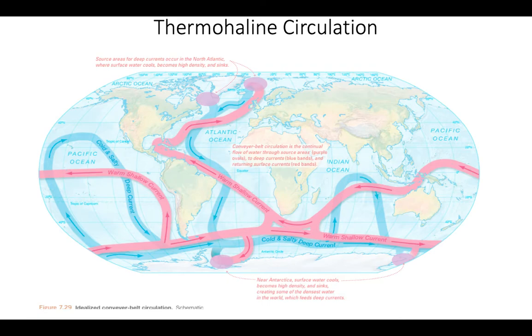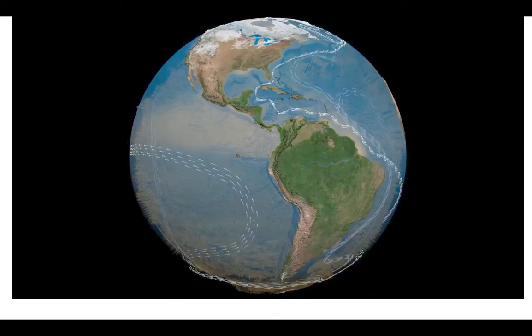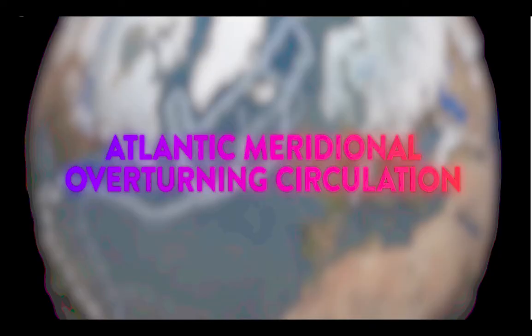And once salinity decreases, the water over here is no more denser. Even if it is cold, it is no more denser. See, water sinks here because it is cold and at the same time it is saline. But here, due to melting of the Greenland ice, the water becomes less saline. So it will no more move down. And if water never moves down, the entire AMOC, the entire thermohaline circulation will stop.